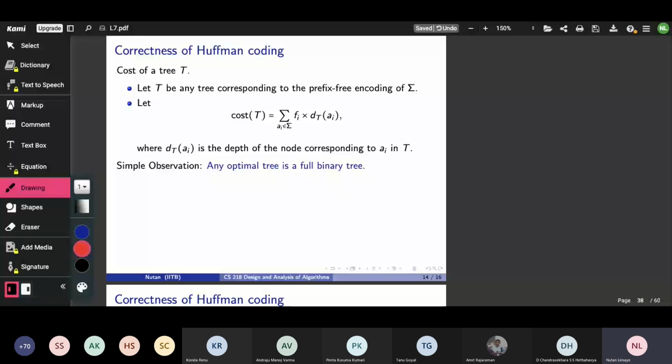There is also a question or a hand raise, or maybe that was by mistake. Yeah, so why don't you think about why every optimal tree must be a full binary tree. By a full binary tree, I mean every internal node has fan out 2. I don't mean balanced binary tree. All I mean is full binary tree.